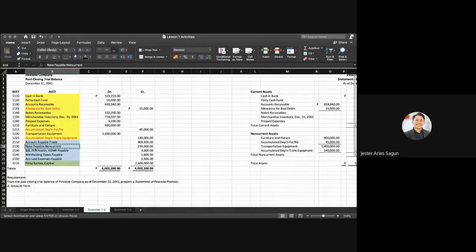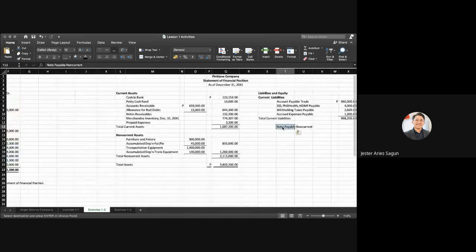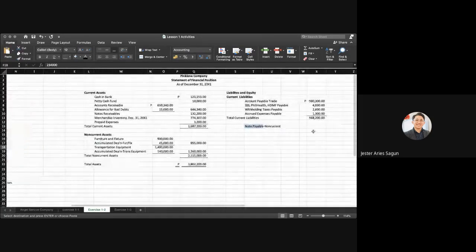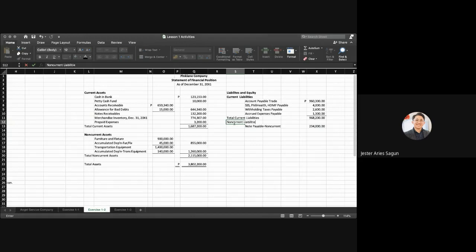When it's like this, even if we don't put in the heading, we can just put the notes payable, non-current right away, and then 234,000. That is already our non-current liability. Let's remove the highlight. Or if you prefer, we can label it non-current liabilities. Then, of course, underline it because that will already be the non-current liabilities. And of course, this will be our total